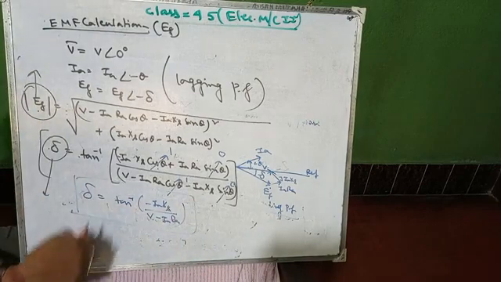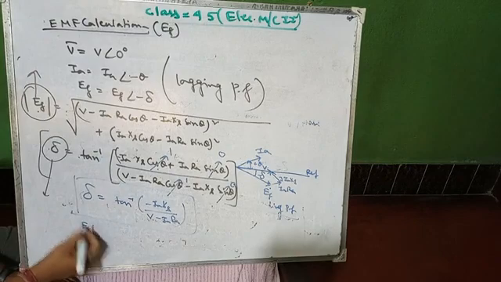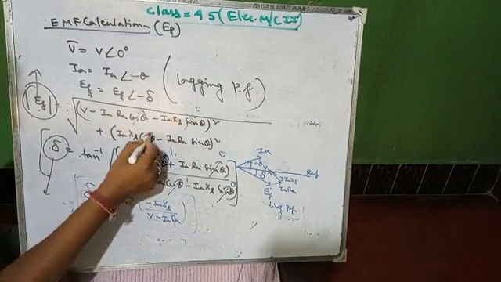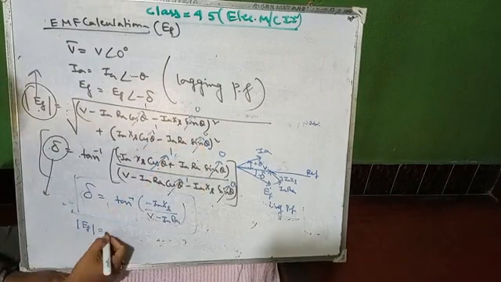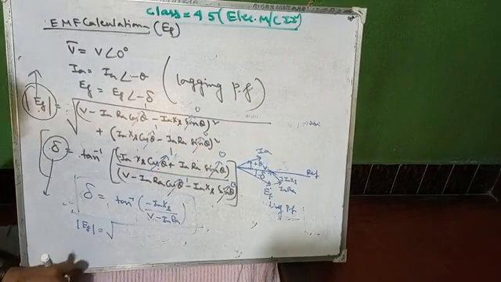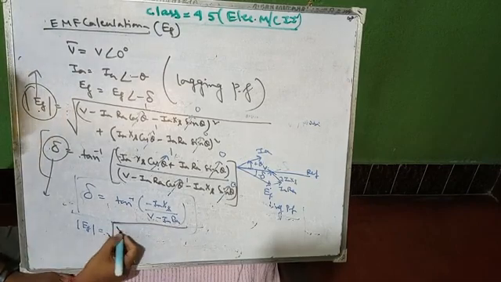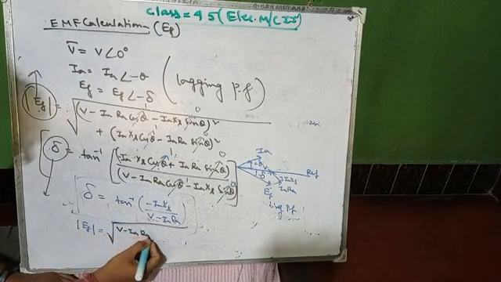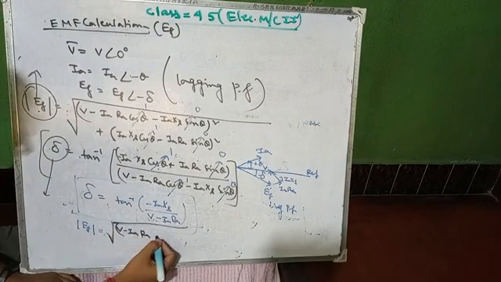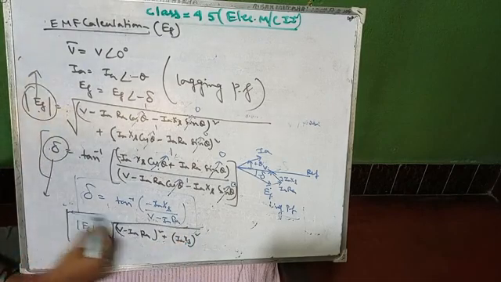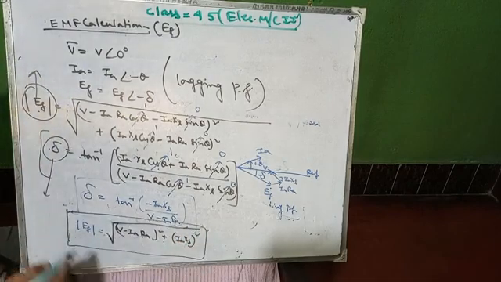Okay, and for the unity power factor type load, the EF magnitude will be, with cos theta equals 1 and sin theta equals 0, root over of, how much? Your answer will be root over of V minus IA RA whole square plus IA XS square. Okay, so this is your excitation EMF for unity power factor type load.